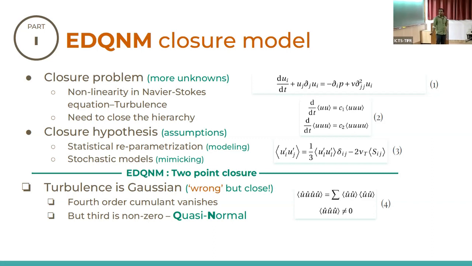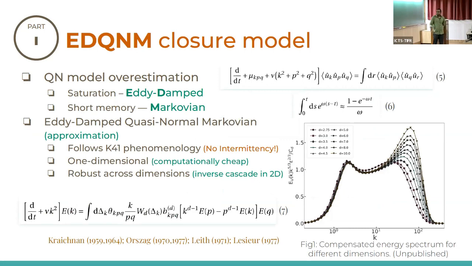Next, the quasi-normal model has its own problems because of the oversimplification that we did in the normal assumption. To compensate for that, we need to introduce a saturation term for the third order moment by introducing additional time scales. We call those time scales eddy damping, and that's the eddy damped part. And finally, for realizing such models